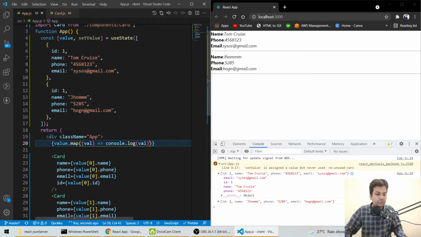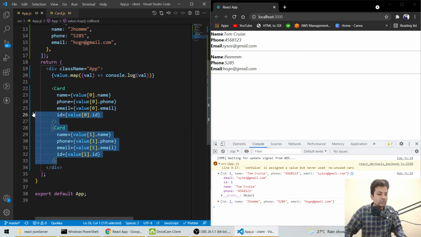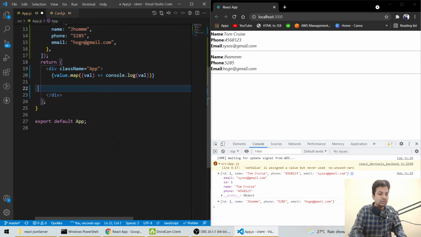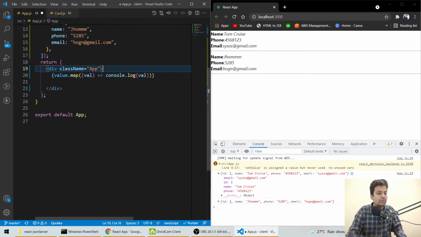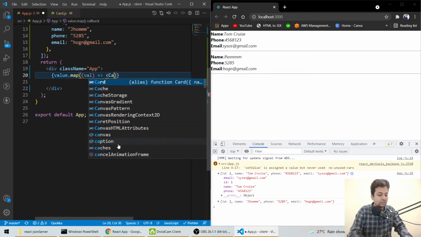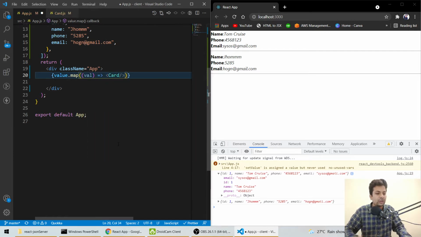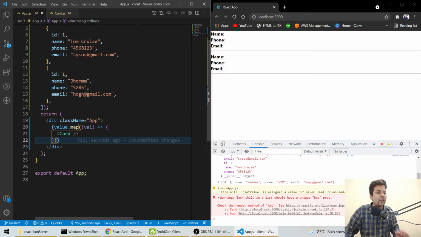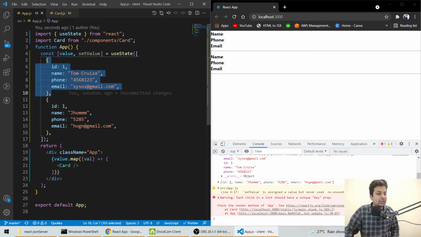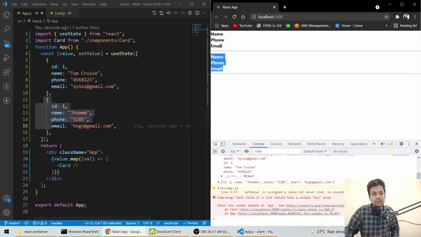So instead of this, let me remove these cards and just use card. We have two values, array index 1 and array index 2, that's why this component rendered 2 times.